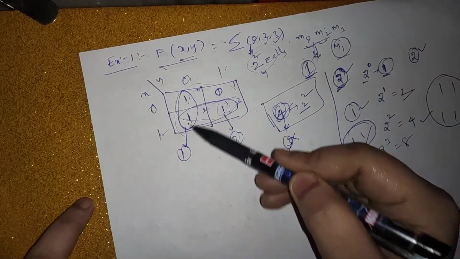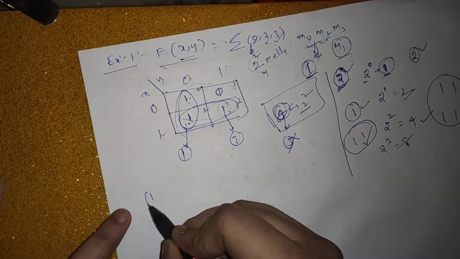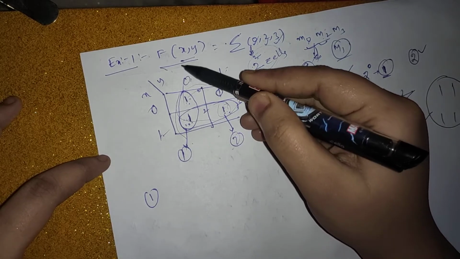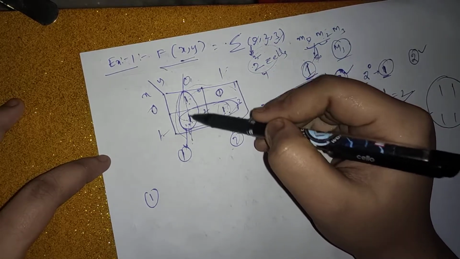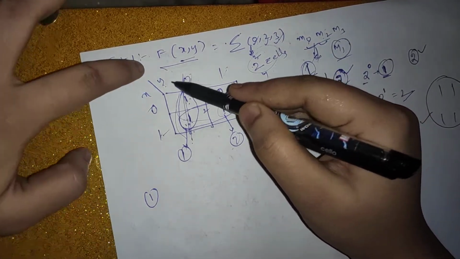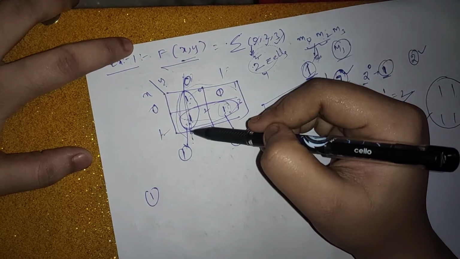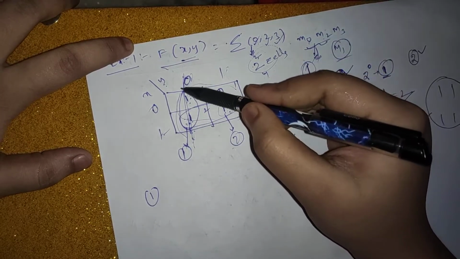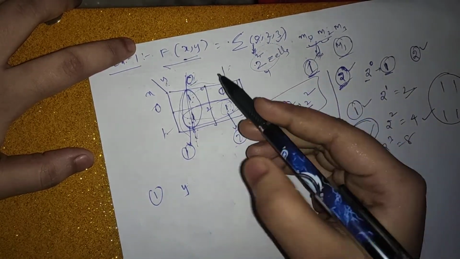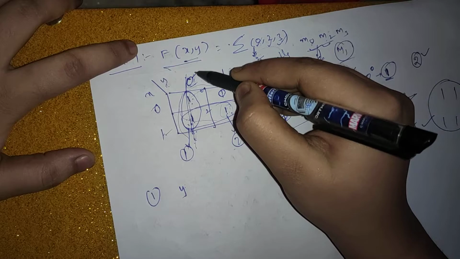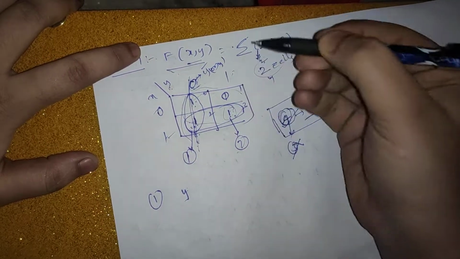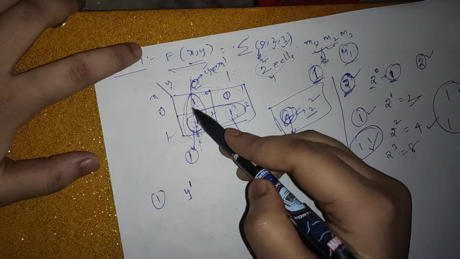So two pairings have been done. For loop 1, first see, in loop 1 this is a row and this is a column. In loop 1, y remains the same. In a column, the column element, this 0, remains the same. So y remains the same. What is y actually? It is 0. As we discussed earlier, if 0 is there, that is y bar or y dash. So y dash. Here x changes.